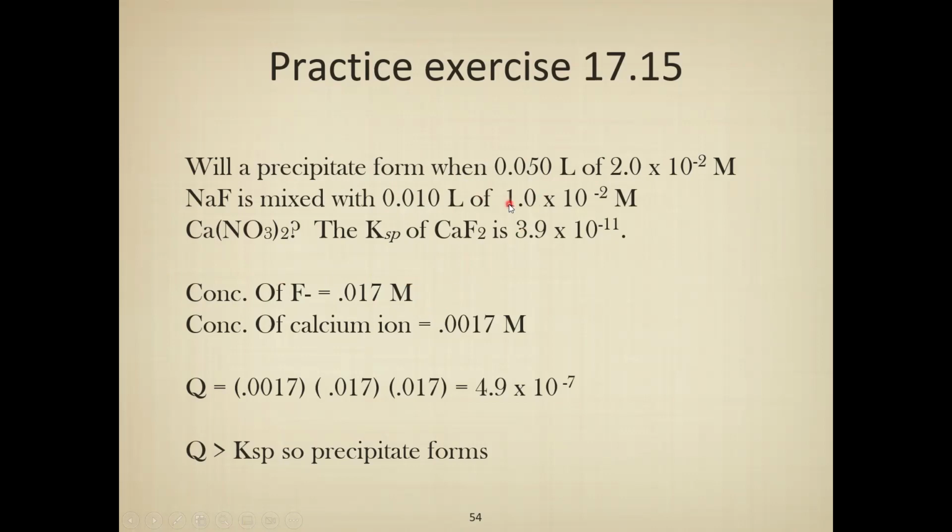And then for the calcium ion, kind of the same idea. It's just we've got 0.01 to start for the liters, 0.01 to start for the concentration as well. So multiply those together, divide by the 0.06 for that new volume. And we'll see that the initial concentration after this is all mixed together is going to be 0.0017, I should say. So when we go to get Q,